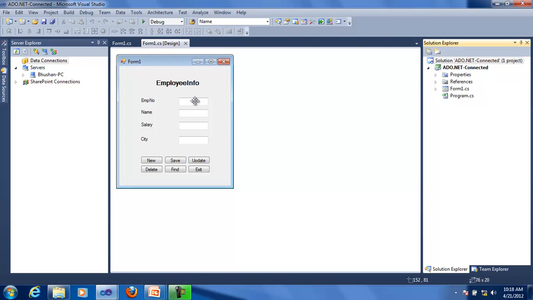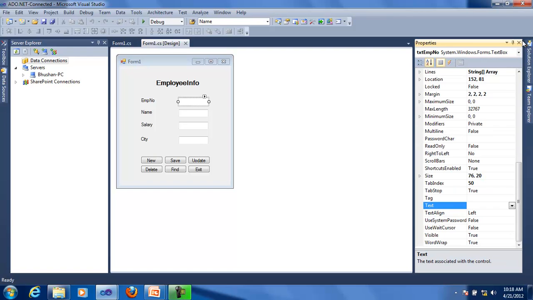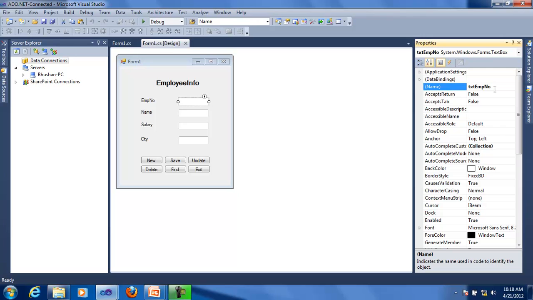Like the name of this is txtEmployeeNumber. You can see it here in the property window, txtEmployeeNumber. Always use camel case. Start from a small letter and then subsequent words should start from a capital letter. Then this is txtName, txtSalary, txtCity,